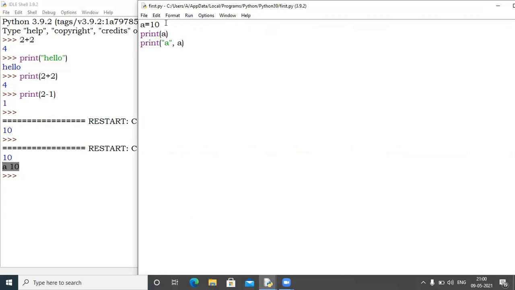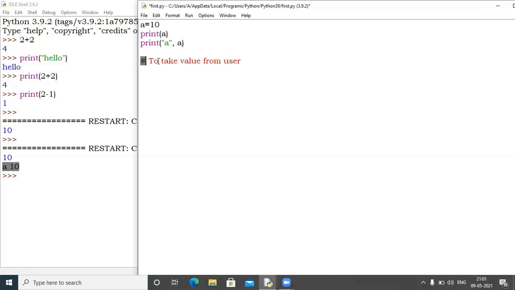Now this is a value which I have initialized on my own. I have decided the value of A is 10. But later on, I want to make changes in my value of A. I want every time whenever I execute this code, the value of A should be different. For that, I have to take value from user. To take value from user, this hash is called comment.